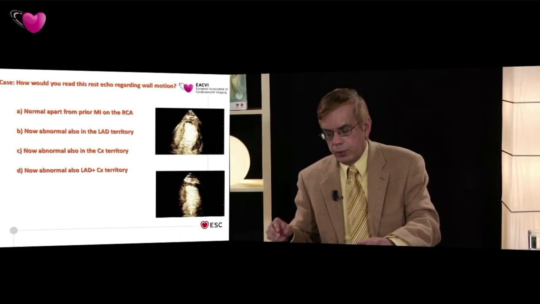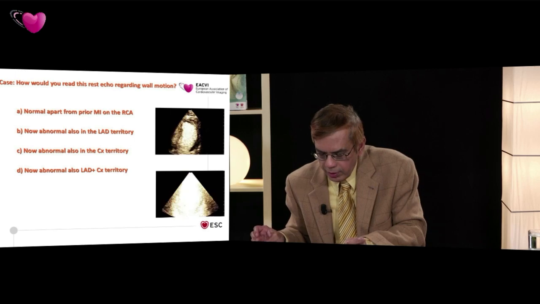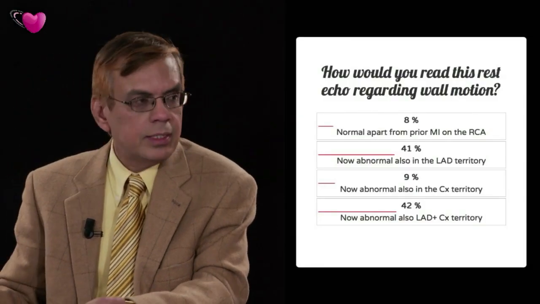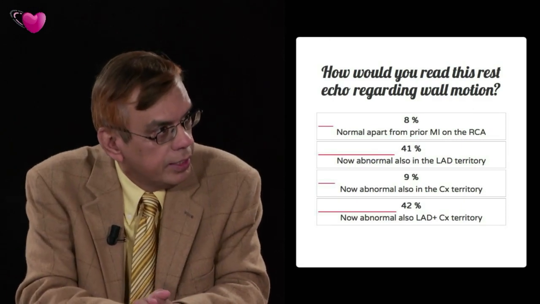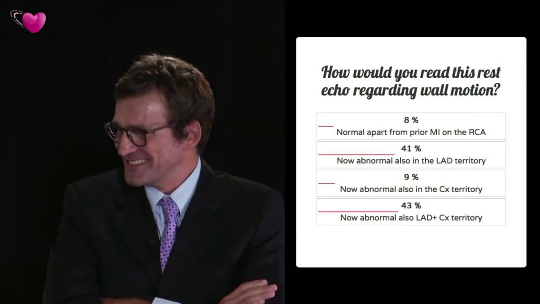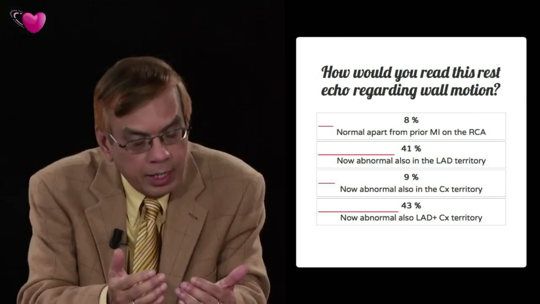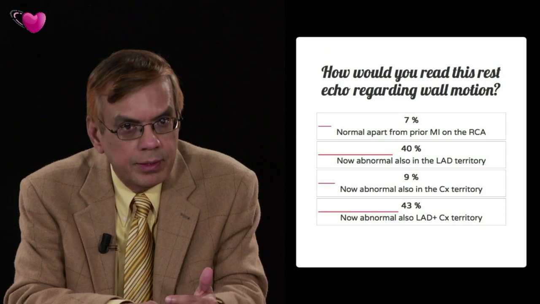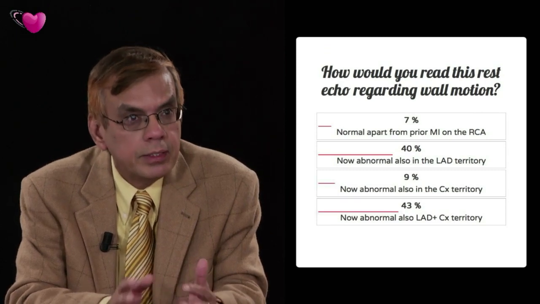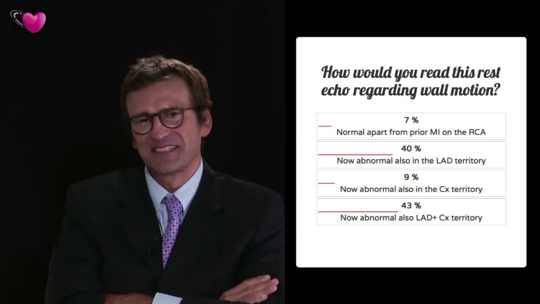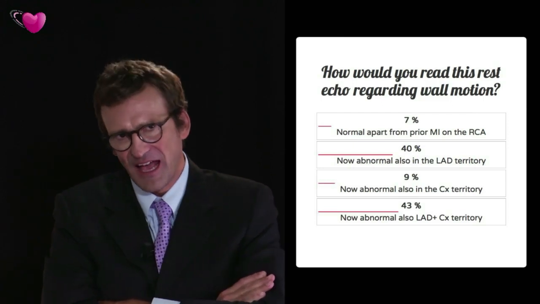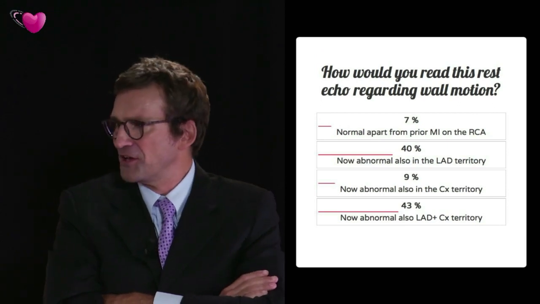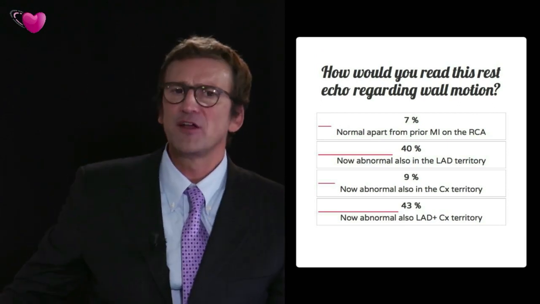I agree. Okay, so very quickly we are moving. We've got the answers now. In fact, 83% said there is additional ischemia in the LAD and circumflex together. Really? No, but half said it's only in the LAD, the other half says it's in both territories. But in any case, I think 80% picked up additional wall motion abnormality in the LAD territory. I think they may have been tricked for the circumflex by one of the problems